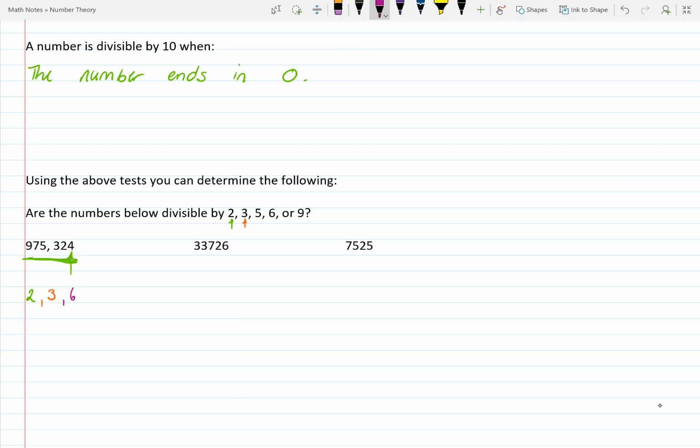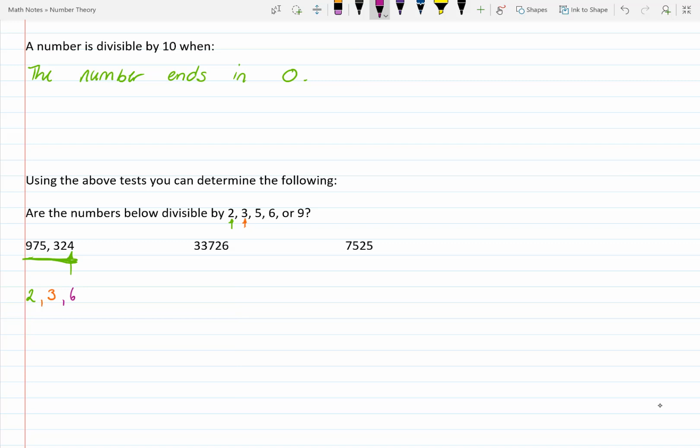Now let's add up the digits again. So once again, the sum of the digits is 30. Is 30 divisible by 9? No, so it's not. So this number is not divisible by 5, 9, or 10. Moving on, let's look at the next number,